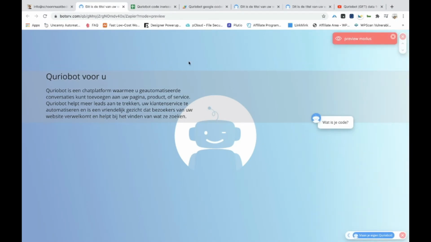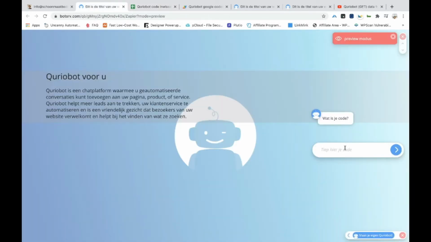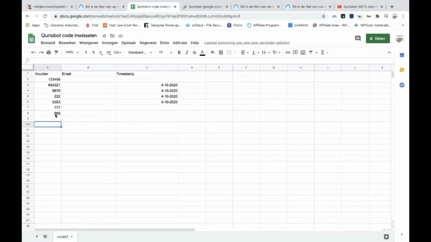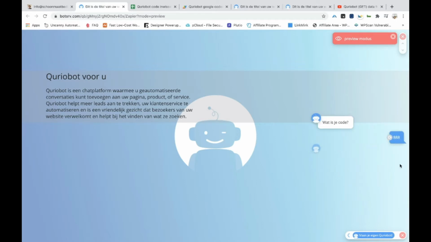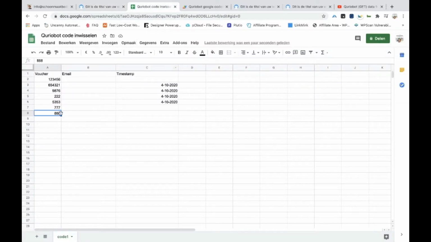So this is the bot, a simple step. What is the code? And we're adding code like 3 times 8, and we embedded here 1, 2, 3, 4, and another number, and it says the answer is wrong. It's not valid, and then we're going to change this in the coupon, and then it asks for the email address, and as you can see here, you have to wait a little bit,